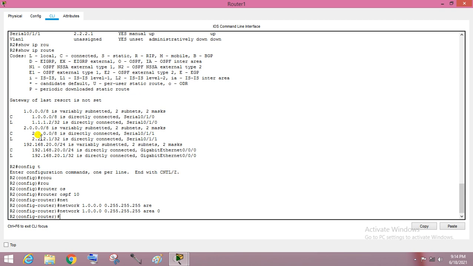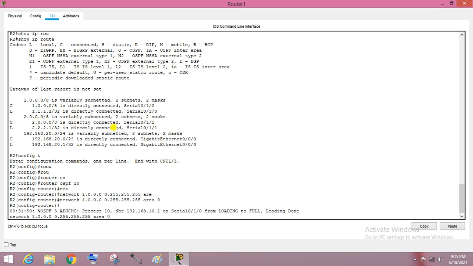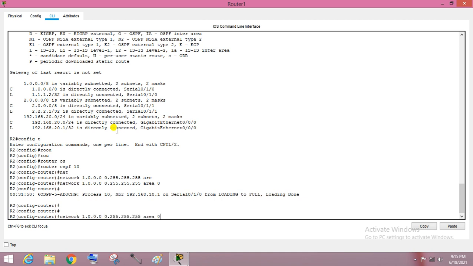Another network is also there, 2.0. Just press the up arrow key and change the network address. It is 2.